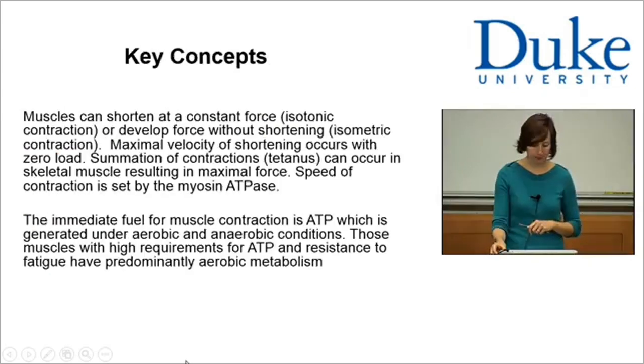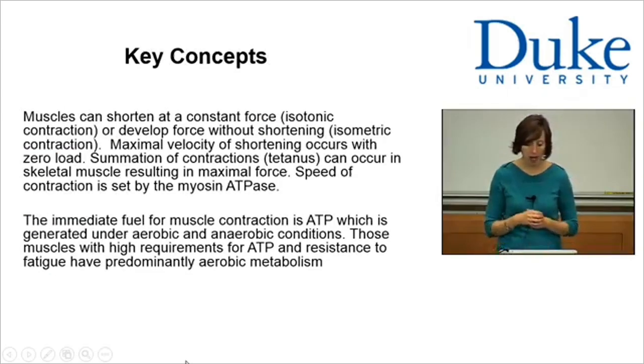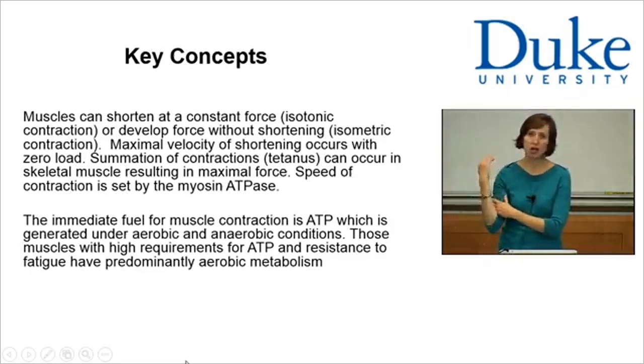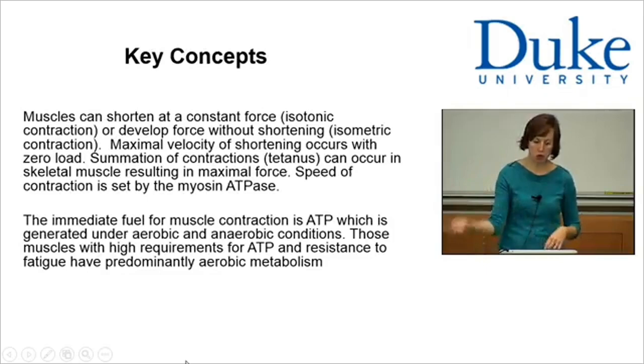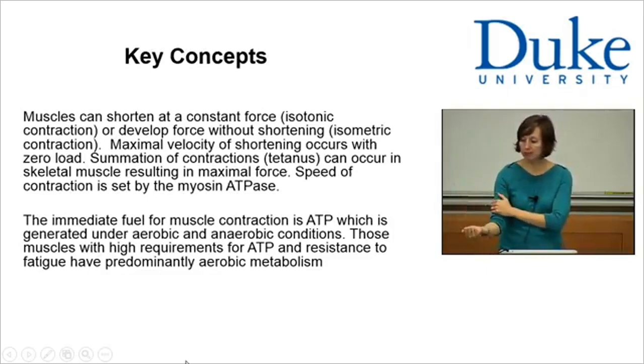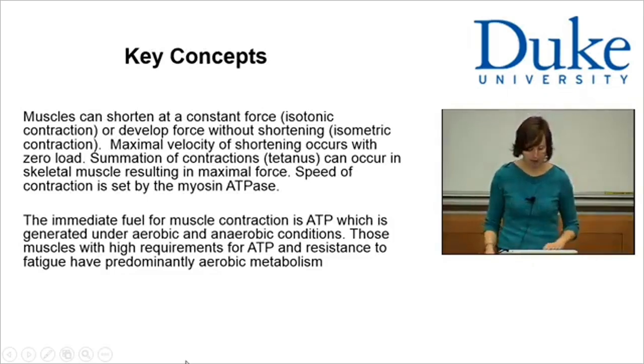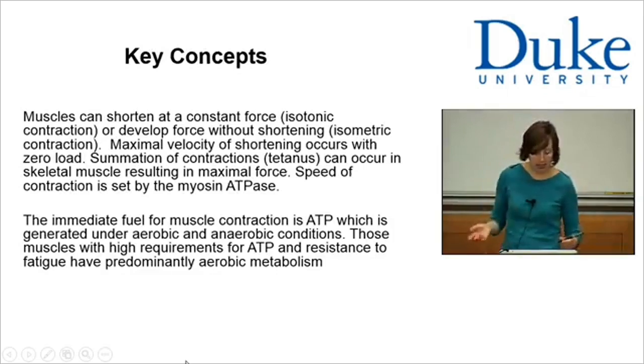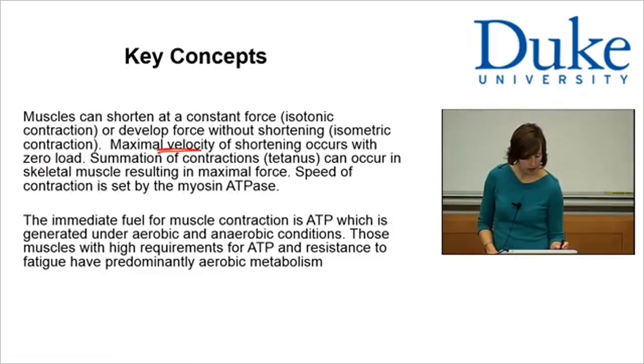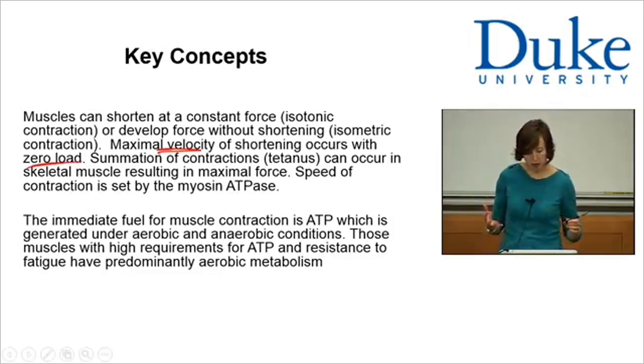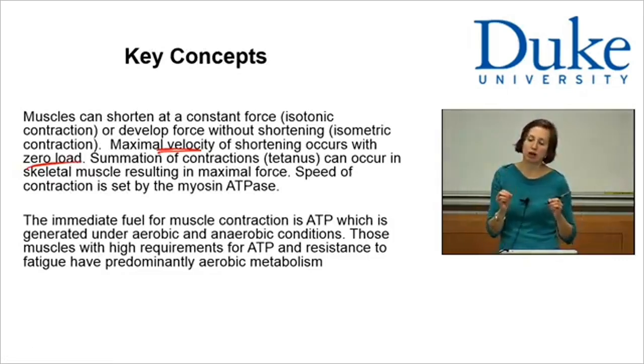so that you can train and improve at a certain activity by doing that activity. So we've talked about how we can have isotonic contraction where we form a constant amount of tension that will shorten the muscle, or we can have isometric contraction where we keep the tension equal to the load so that the muscle does not shorten, and that we're going to have maximal velocity when we have zero load, and that we can sum contractions because our twitch, our action potential is so short in relationship to